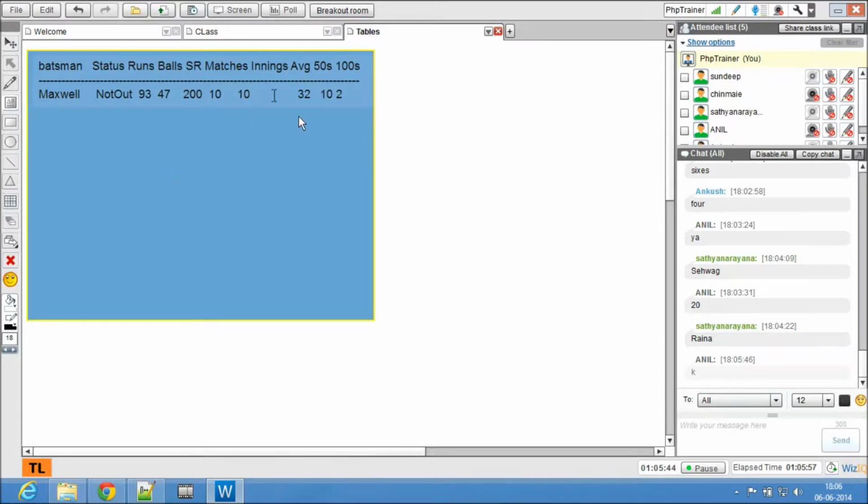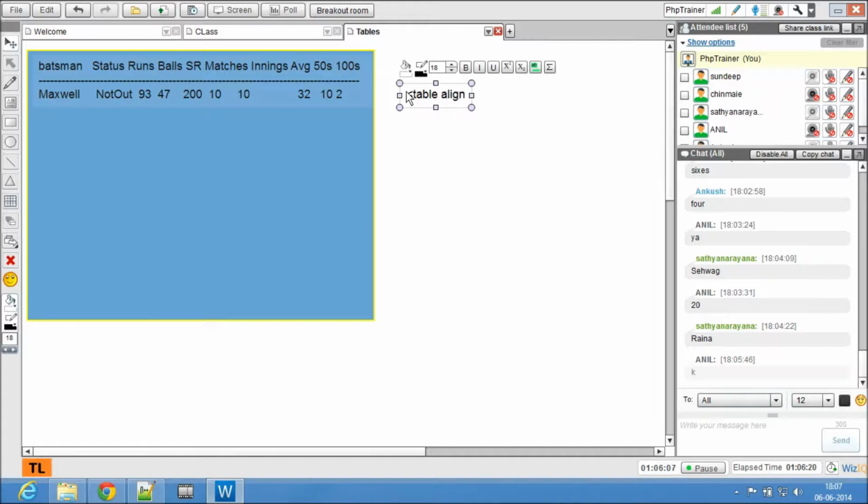Now coming to the syntax. The table is a self-explanatory tag. It has attributes too, but never ever use these attributes. I am telling these attributes because we are not dealing with CSS now. Every attribute I mention here can be done using CSS.